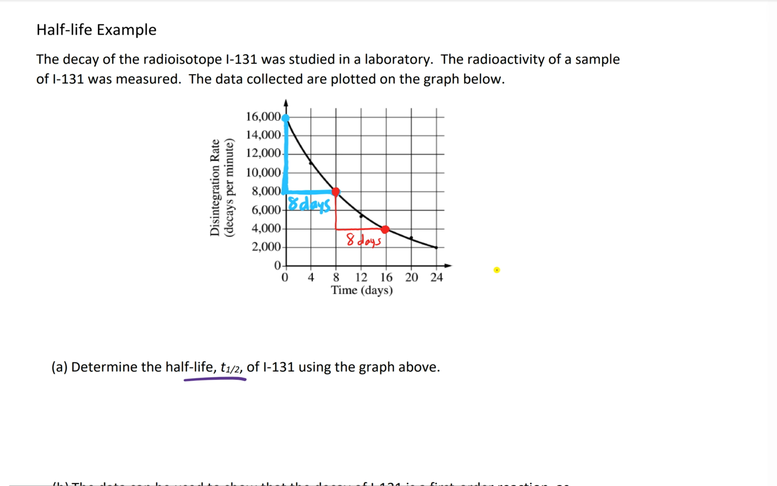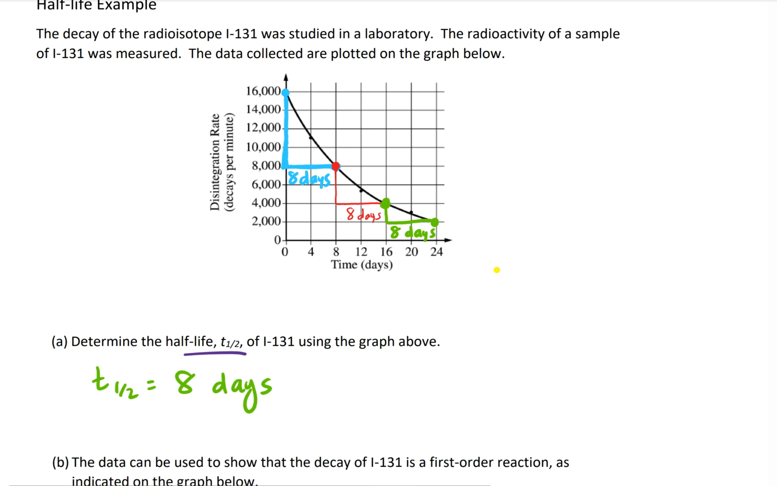I'm going to repeat that. If we're now at 4,000, how long does it take to reach 2,000? So at 16 days, you end at 24 days. Again, another 8 days has passed. So something interesting here, our half-life is consistently 8 days. And in this class, the half-lives of the substances that we study will always be consistent, meaning that